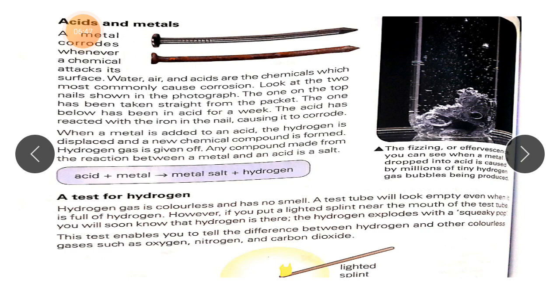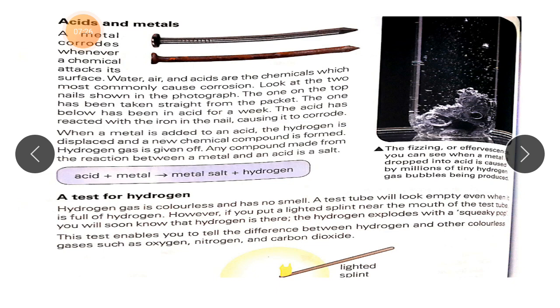Students, you need to see the reactivity series, which is present on page number 34, and you will recall the metals that are higher in the reactivity series and lower in the reactivity series. I told you that potassium and sodium react violently with water. Why? Because they are highly reactive. They are the most reactive metals. So we should never put potassium and sodium in water because they give an extremely violent reaction.